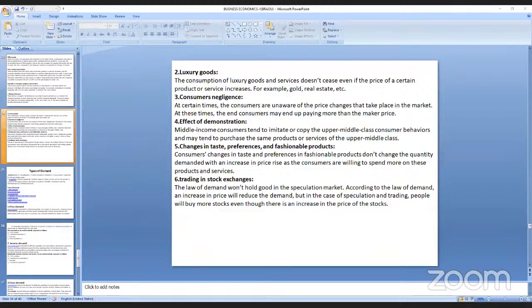So quantity demanded rises with an increase in the price. Is it clear? So like that, it is a trading mix. And next is the